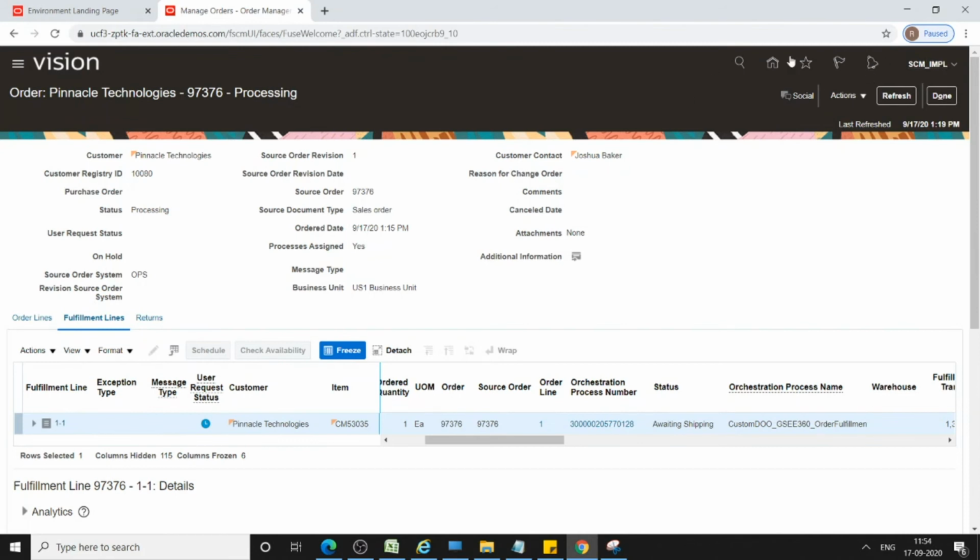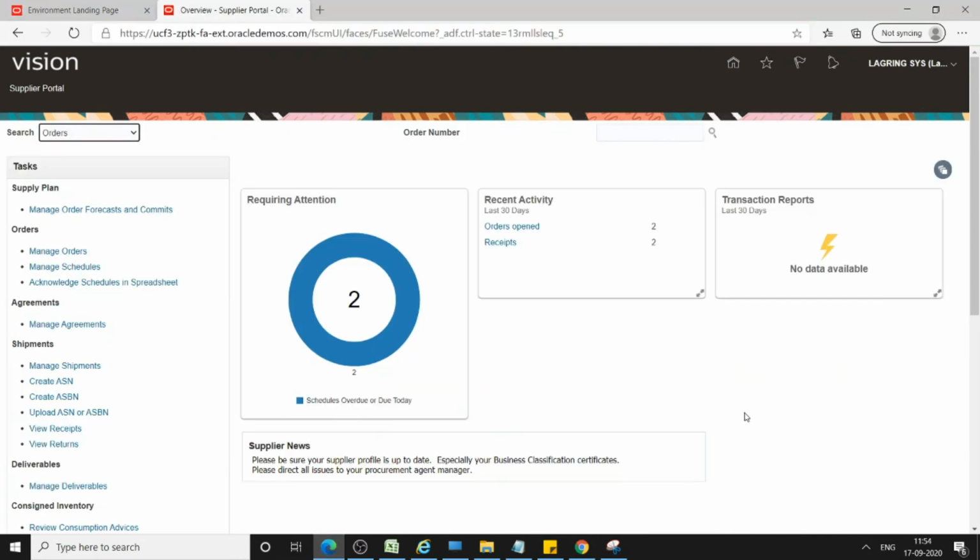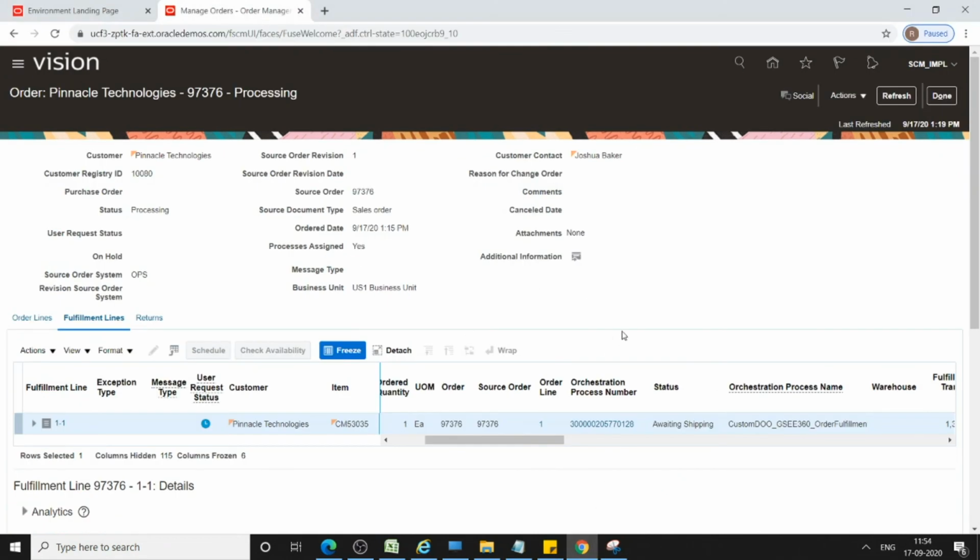Last time I had not logged on from SCM IMPL, so I am in the same screen but using a different browser. For order management I am using one browser, and for iSupplier a different browser. Here I have logged in with SCM IMPL, and here with Lars, so don't get confused.